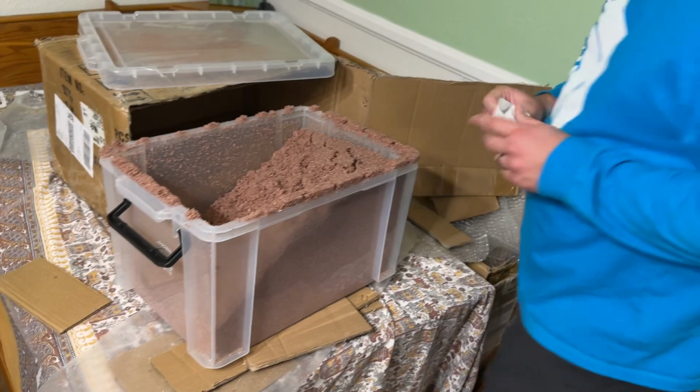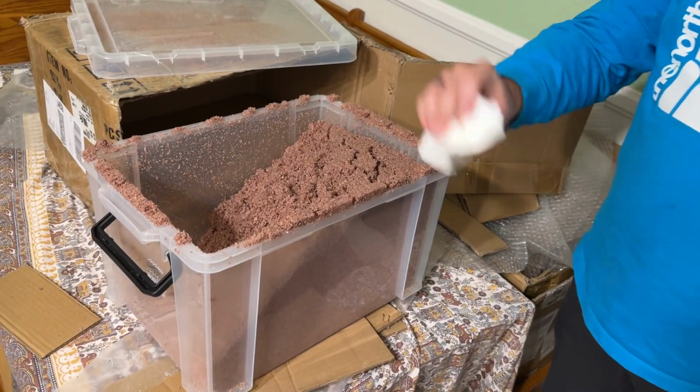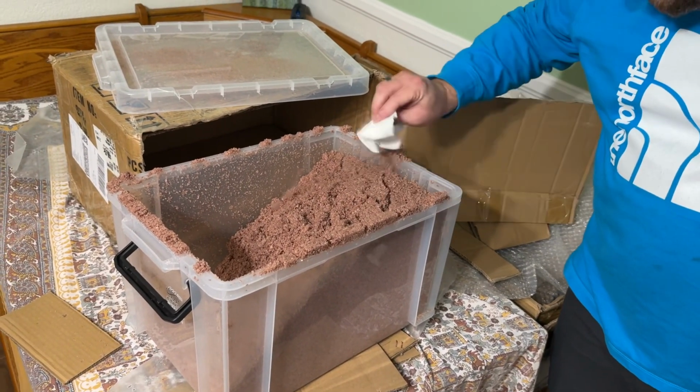Here we go. We're going to remove the lid. And there's salt on the edges because it spent time upside down. We're going to just sort of...